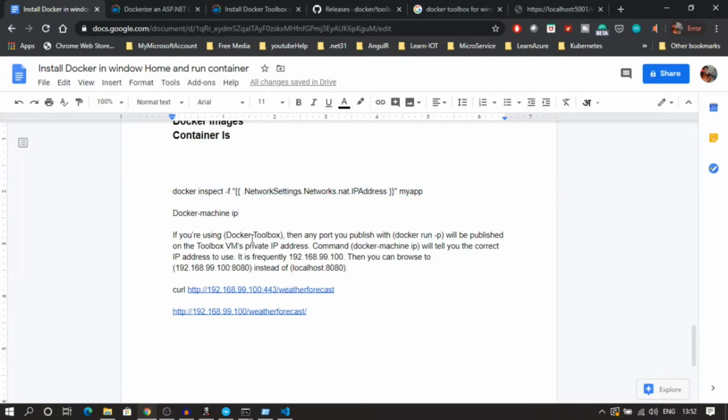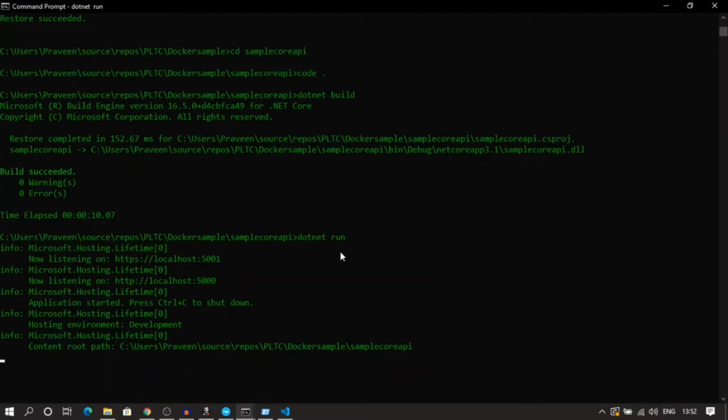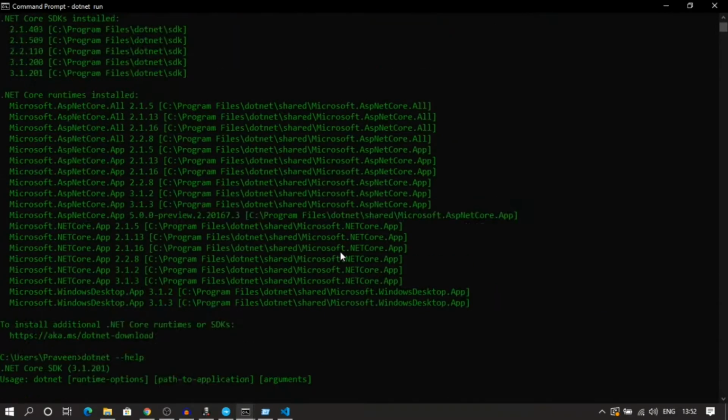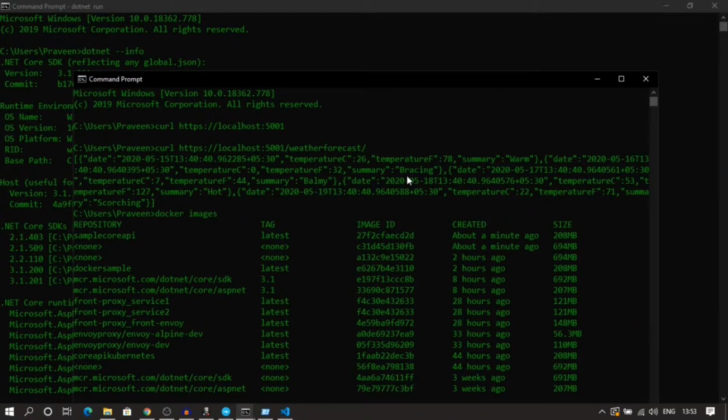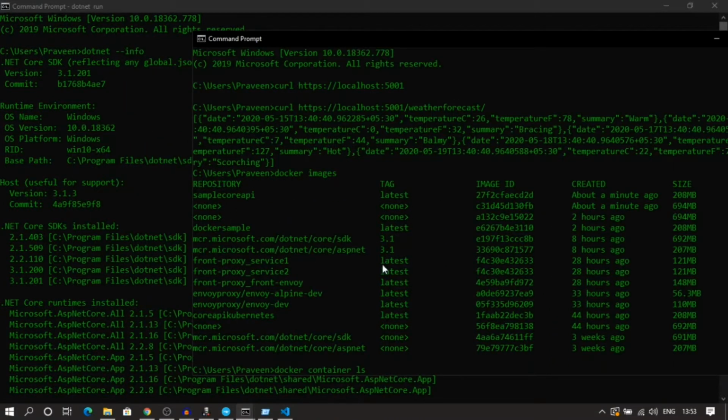If you are using Docker Toolbox, then any port you publish with docker run -p will be published on the Toolbox VM's private IP address. As you have seen earlier, when we were running our Docker, we had the IP address.